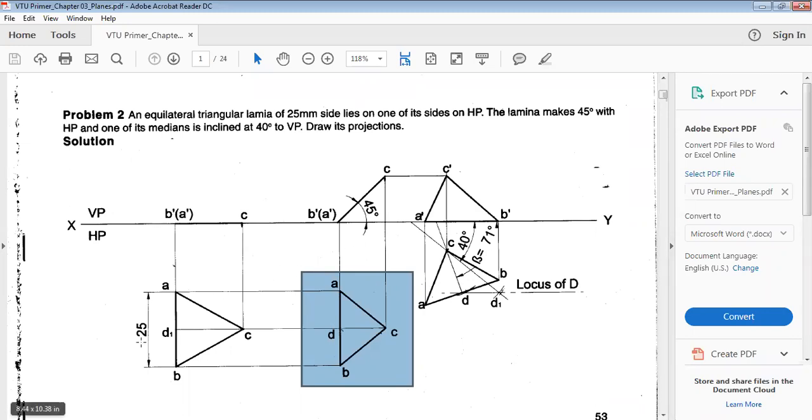But here, this D1 and C is resting. This diagonal is resting. This median is resting. This is the median, right? We call this a median. If you want to place this median directly here, that problem will be wrong, because when I tilt it here, we do not know the angle actually. Here this diagonal, this median, is making an inclination. If I just place it taking 40 degree to VP, then the problem will be wrong. So first and foremost we have to identify the beta angle, then we have to place it, so the problem will be right.